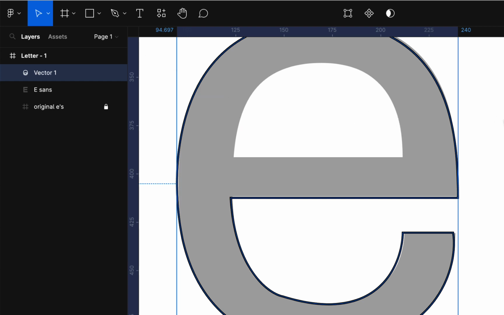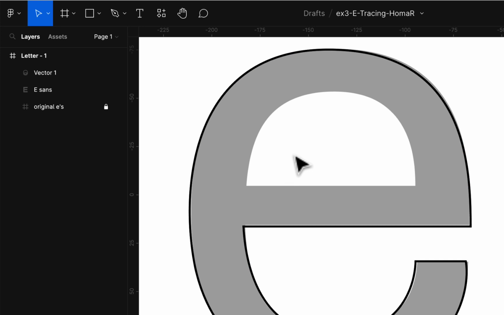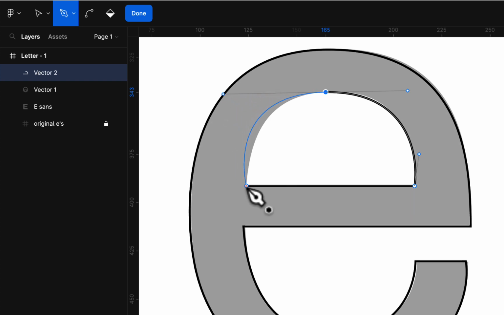Okay, and now what you're going to do is click off, and we're going to draw the inside of the E. And this won't be hard. We'll take the pen tool, and it'll make another vector shape. So don't do it while you're inside that editing mode. We want it to be a separate shape. And now I'll click once to make a straight line. I'll go up here to about the middle, and I'll click and drag across, and when it looks pretty good, let go, and then I'll just lay this down here,